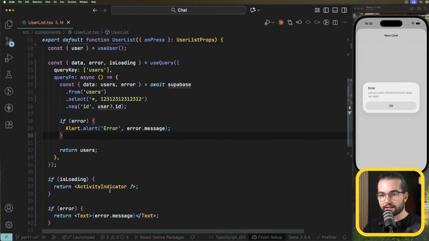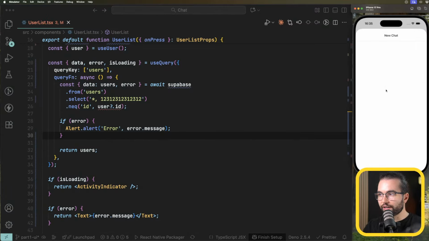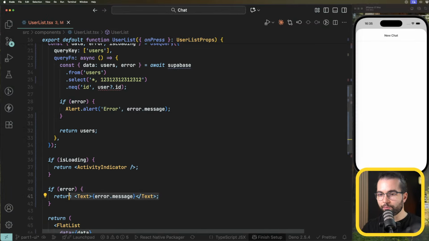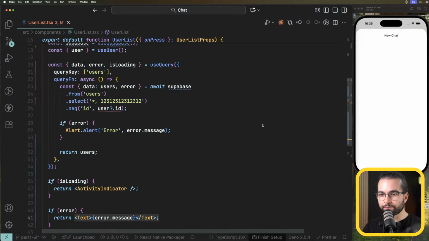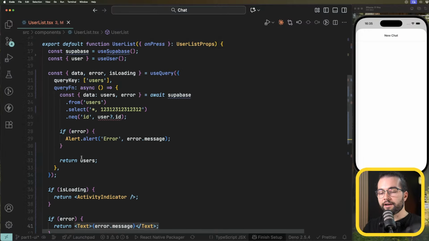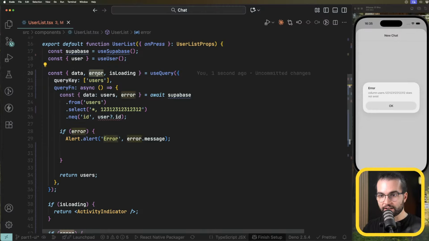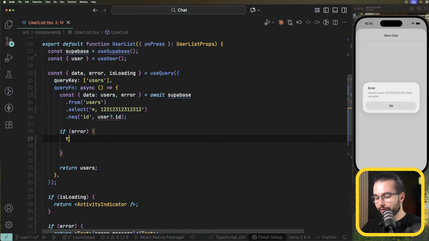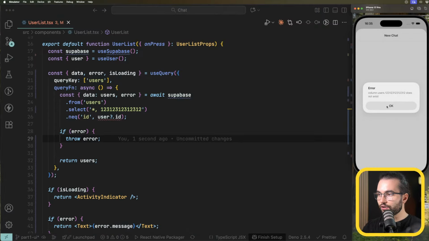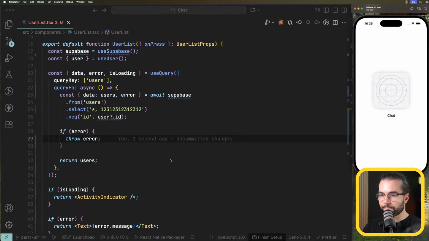But if I do OK, I don't see the error message on our UI because the query function should throw the error if we want to receive it here. So instead of alert, or I mean we can alert it, but it's important to also throw the error. So if I throw the error,